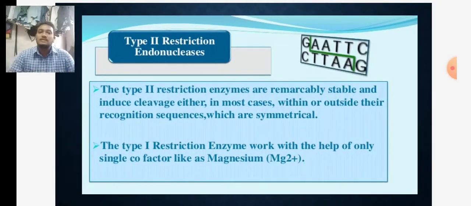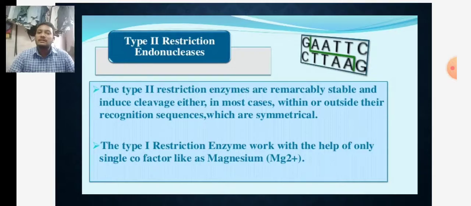Type II restriction endonuclease also requires the magnesium ion as a cofactor. And one important thing to remember about type II restriction endonuclease is that it can generate palindromic sequences. When cleavage occurs it produces sticky ends. We have already discussed what sticky ends are: they contain overhang sequences or palindromic sequences.